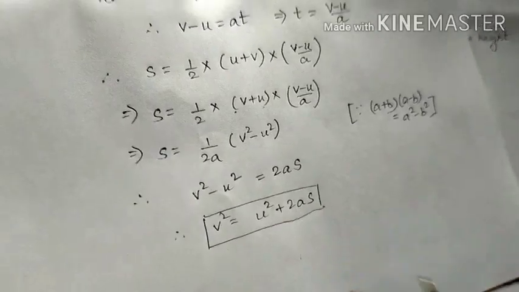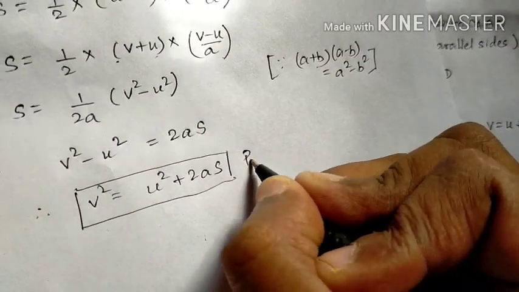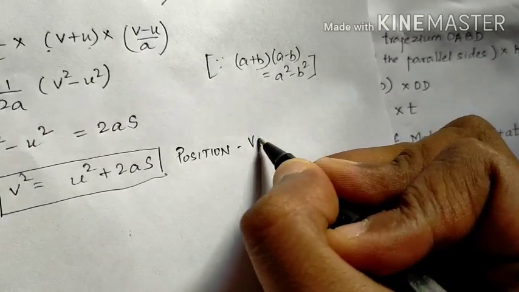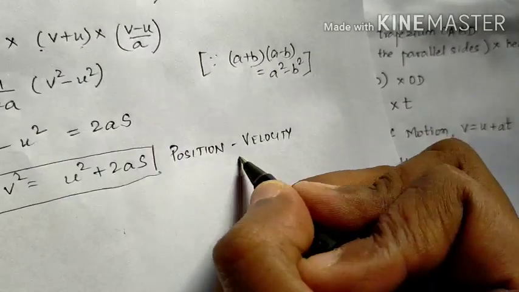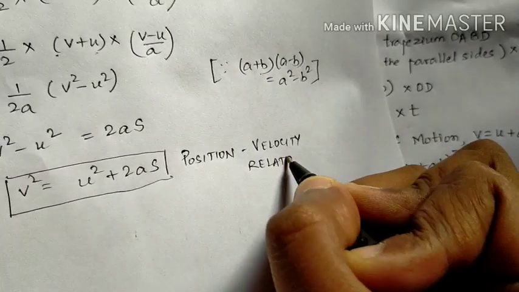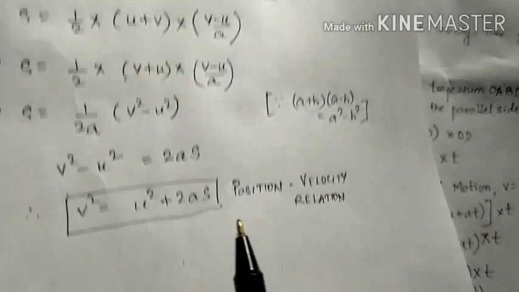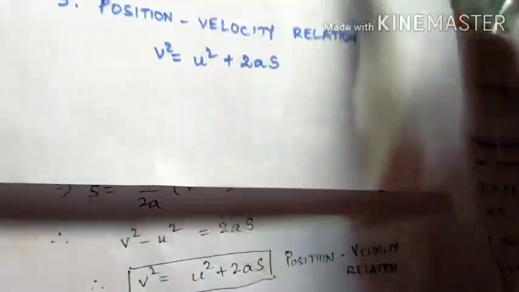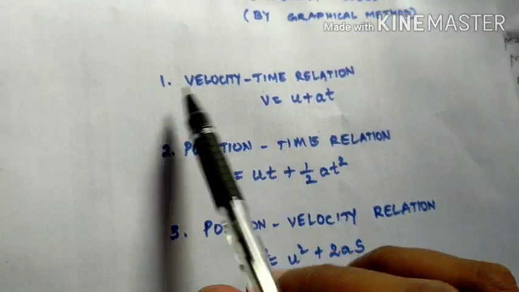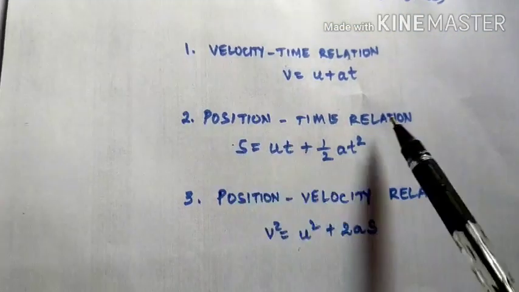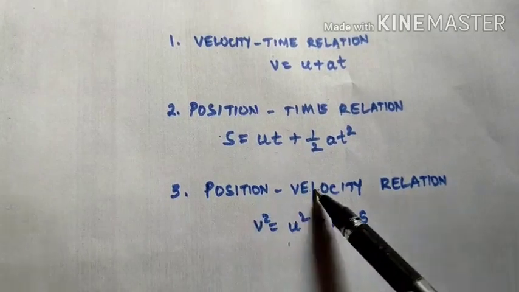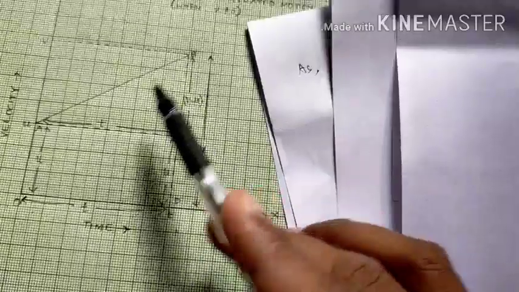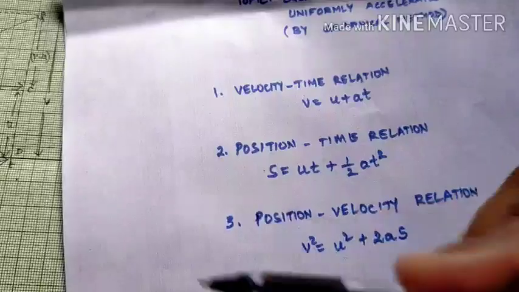So we finally obtain the third equation of motion, which is called position velocity relation. V square equal to u square plus 2as, position velocity relation. So let's quickly remember the three equations: v equal to u plus at, s equal to ut plus half at square, and v square equal to u square plus 2as. So using this graph we have obtained the three equations for